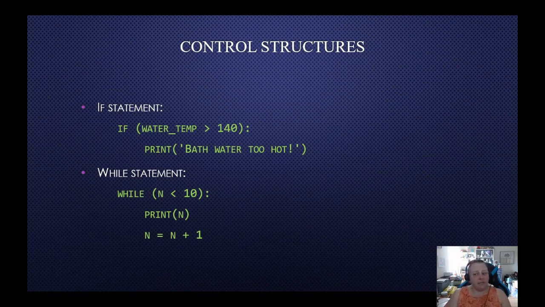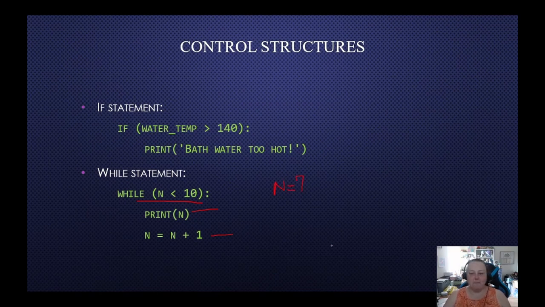On the other hand, you have a multi-control, and we're going to use what's called a while statement. This is going to execute until a certain condition is met. So you're going to do it repeatedly over and over again until you meet a specific condition. You could read this example by saying, while n is less than 10, print out the n and then add 1 to n. Okay, so if I say, for example, n equals 7,